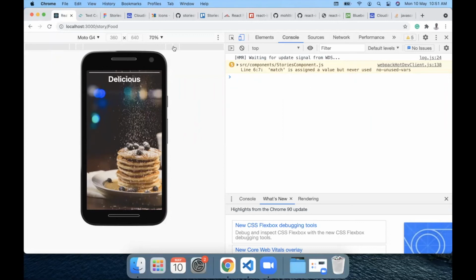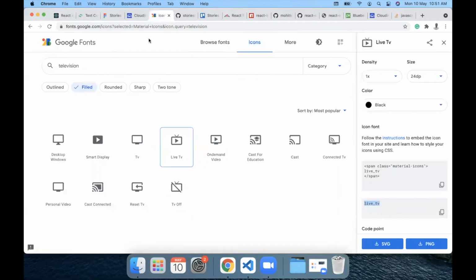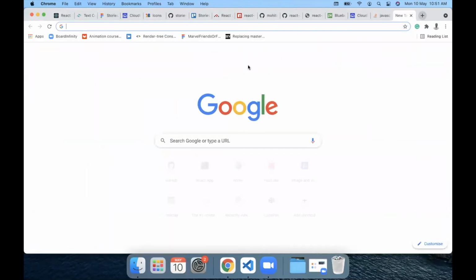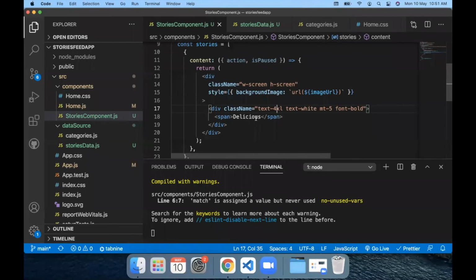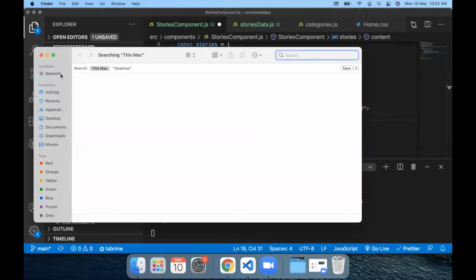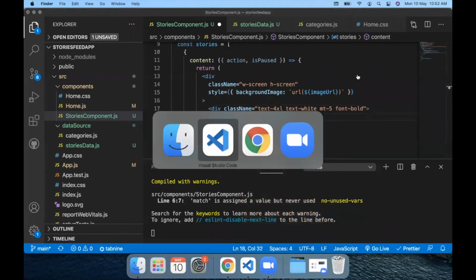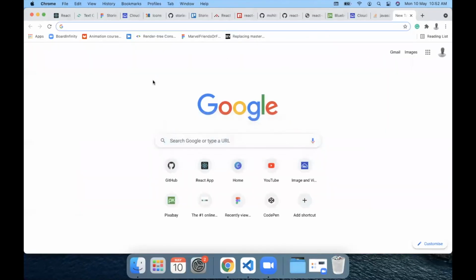Now, if you want to add the emoji like we had in our Figma design, like this, I would suggest not adding the default emoji from Mac. Like in case of Mac, we have this emoji picker. If you type command control space, yeah, this is the emoji picker which we have in our Mac. So instead of using this emoji picker, what I would suggest is to search for emoji on Emojipedia.